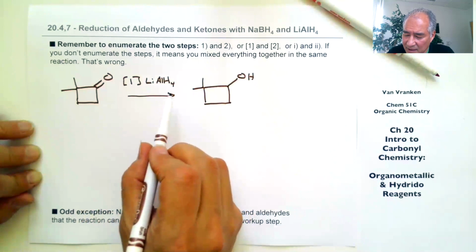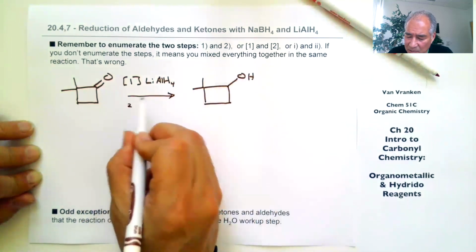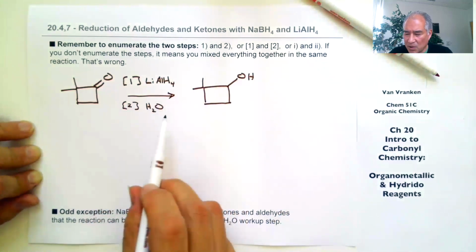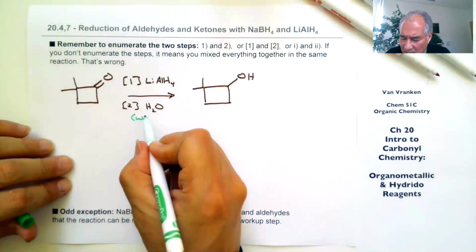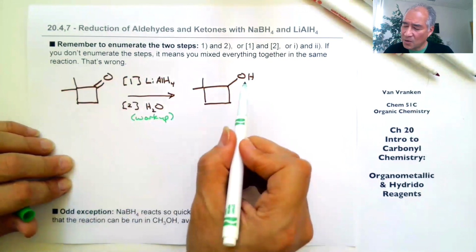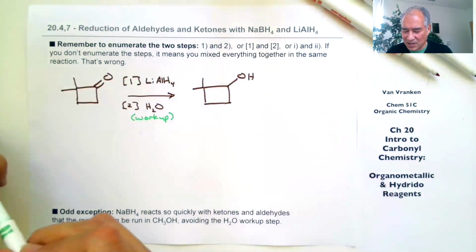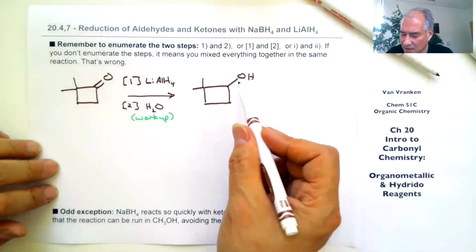So step one would be the lithium tetrahydroaluminate, which generates an O- product, but we need to protonate that to put an OH bond on there. And so we follow this up with an aqueous workup. And I usually write the word workup there. I'll put it in green. You don't have to write the word workup. The book doesn't write the word workup. I just want you to know when I write that in there that we're not trying to do some SN1 or SN2 chemistry by treating this with water. It's just to protonate the O-, swamping it with a vast excess of water so that you do just